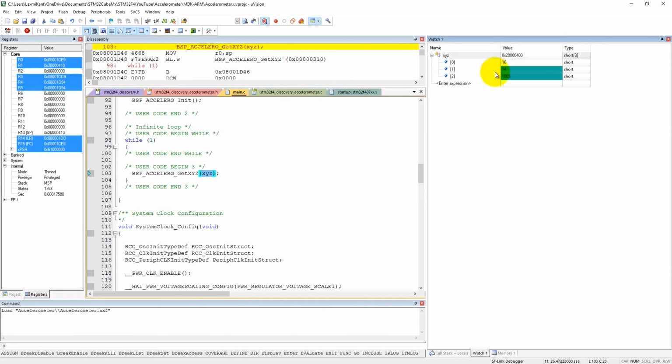If you run it, you can see here some values, and now I'm going to move my board. See, I'm moving my board. So the accelerometer, the first one is the X, next one is the Y, and last one is the Z. See, I'm moving my board, and see how this accelerometer value is changing. So in this program we have interfaced, we have programmed accelerometer on STM32F4 Discovery Board,